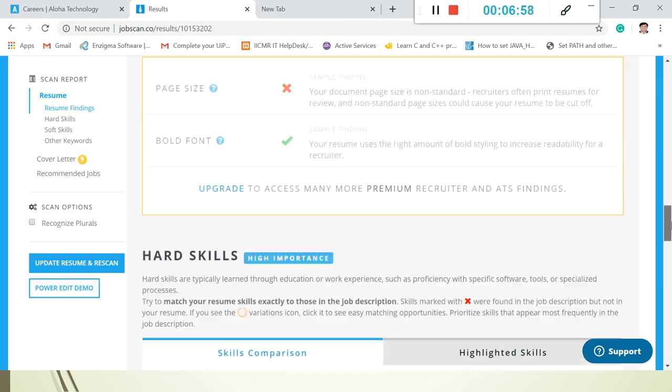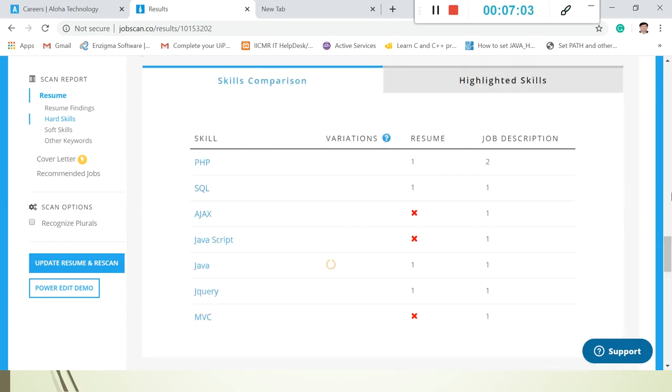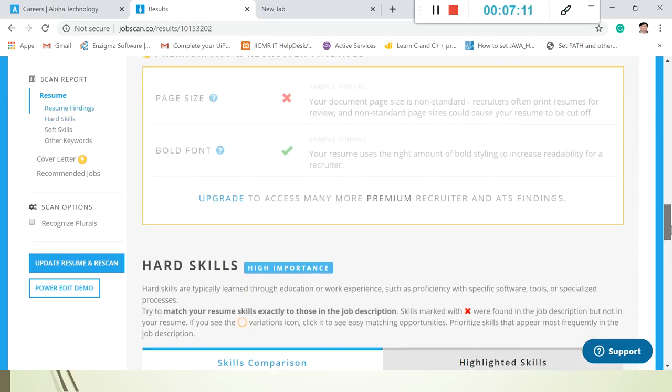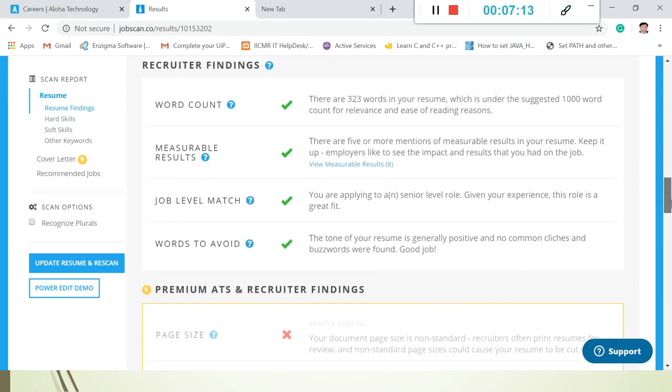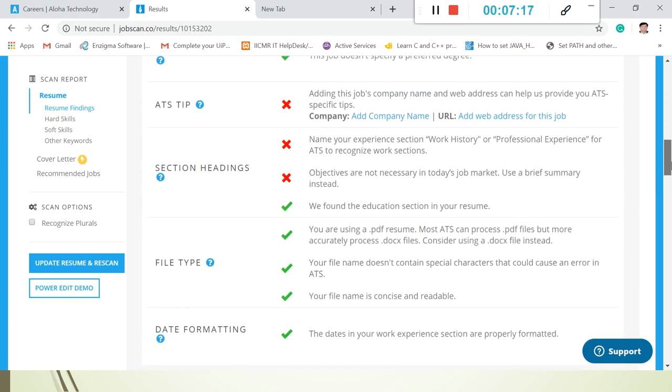Another important one is the skill sets: mention skills related to Ajax and JavaScript. It is also suggested that he mention his work experience, whatever work experience he has.